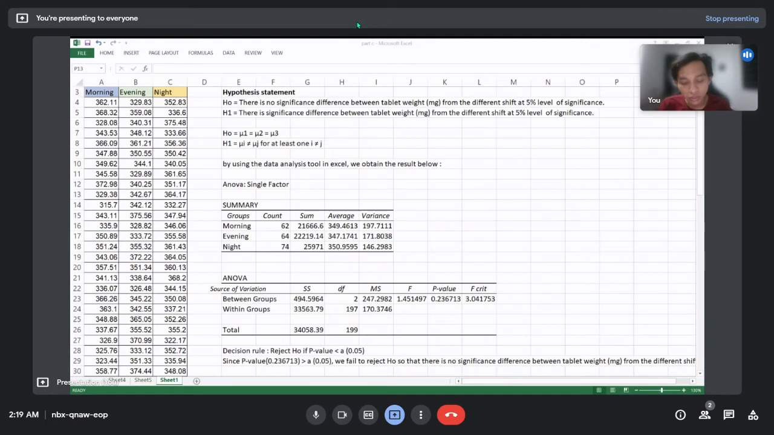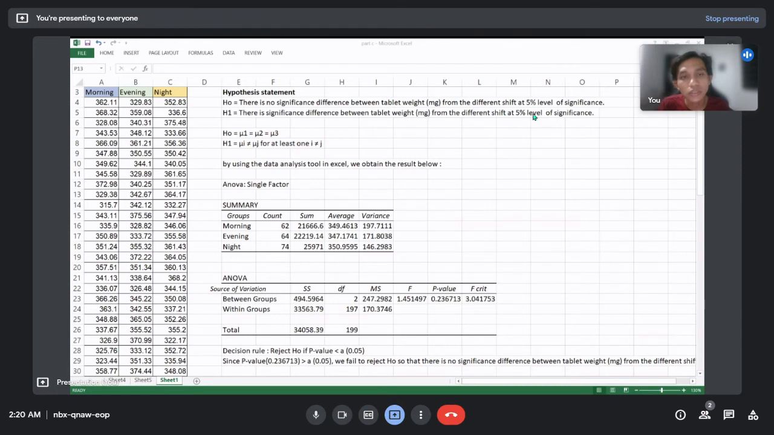The question is: is there any significant difference between tablet weight from the different shifts? So we are using the one-way ANOVA method in Microsoft Excel. The first thing we need to do is group the data from each shift, which is morning, evening and night. For the hypothesis statement, we state that H0 is there is no significant difference between tablet weight